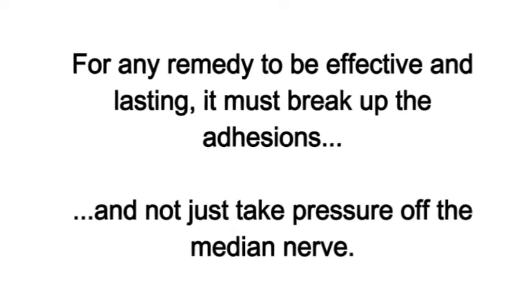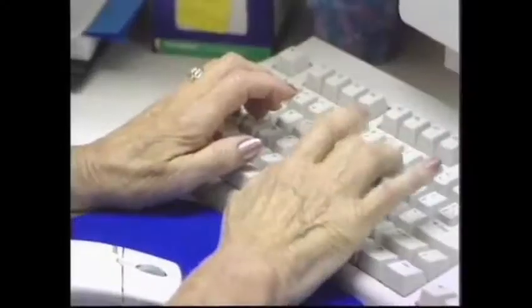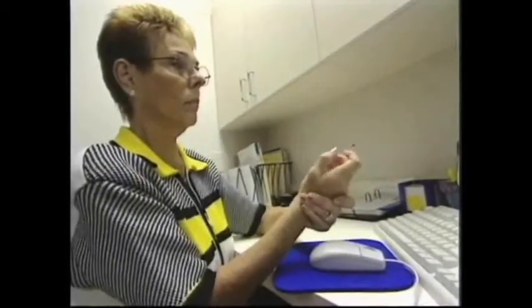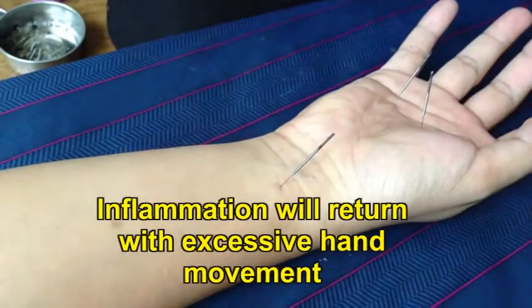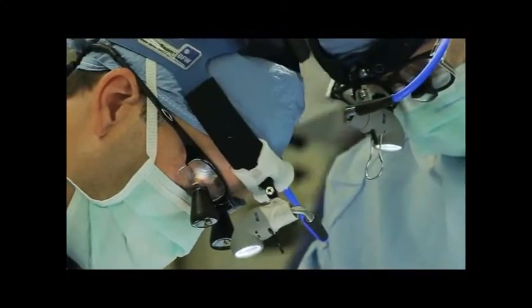It's important to know that for any remedy to be effective and lasting, it must break up the adhesions and not just take pressure off the median nerve. If the adhesions are not eliminated, then inflammation and swelling will reoccur again once the hand is used excessively. In some people, acupuncture needles can reduce swelling and even deaden nerve endings, but the effect is only temporary. So if acupuncture is only temporary, and you do have carpal tunnel syndrome, what else can you do that's effective